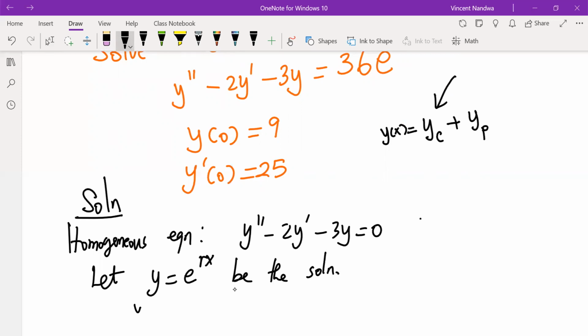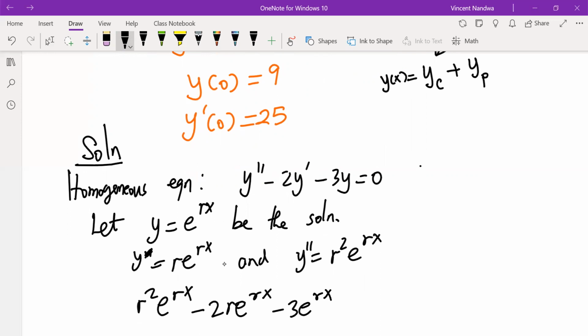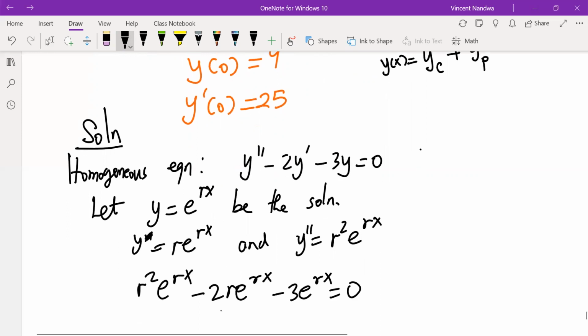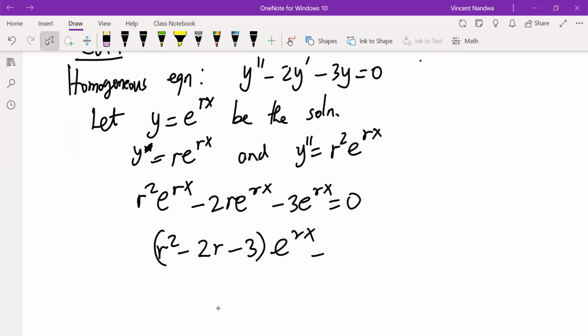This means that y prime is r e raised power rx and y double prime is r squared e raised power rx. So using these values in the differential equation, we'll have r squared e raised power rx minus 2r e raised power rx minus 3 e raised power rx equals 0. So we'll have (r squared minus 2r minus 3) e raised power rx equals 0,